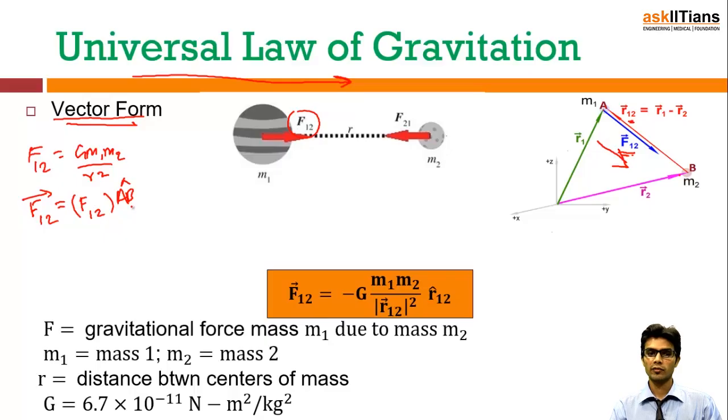Here F12 is the magnitude of the force between these two masses due to gravitation, and AB is the unit vector representing the direction of the force. So now the unit vector AB can be written as